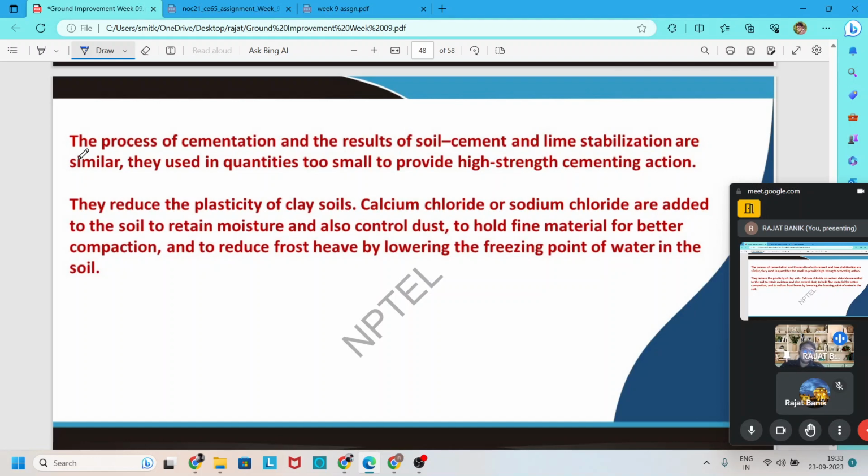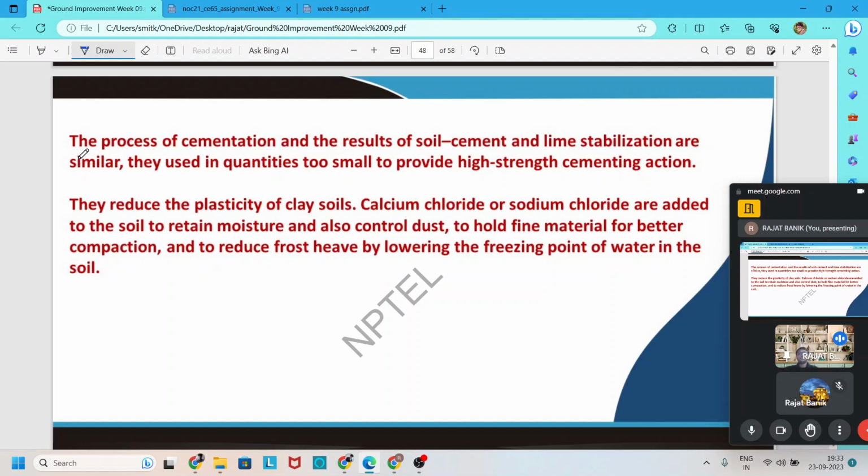Calcium chloride and sodium chloride are added to the soil to retain moisture and control dust, to hold the fine particles for better compaction, and to reduce frost heave by lowering the freezing point of water in the soil. So the soil cement is